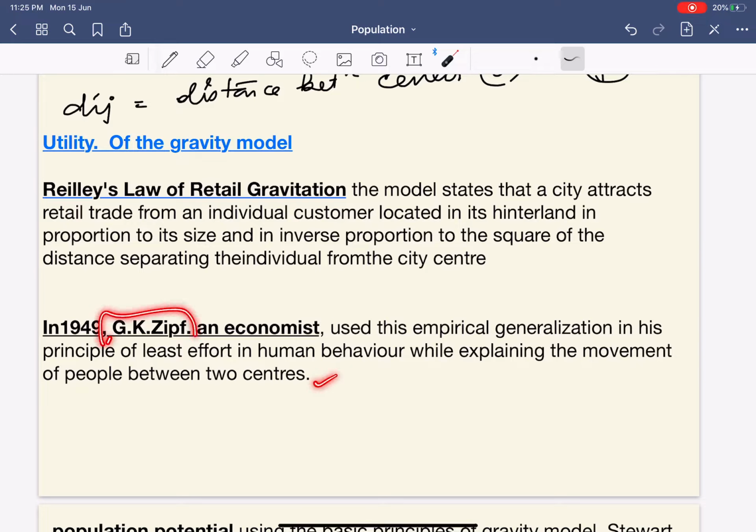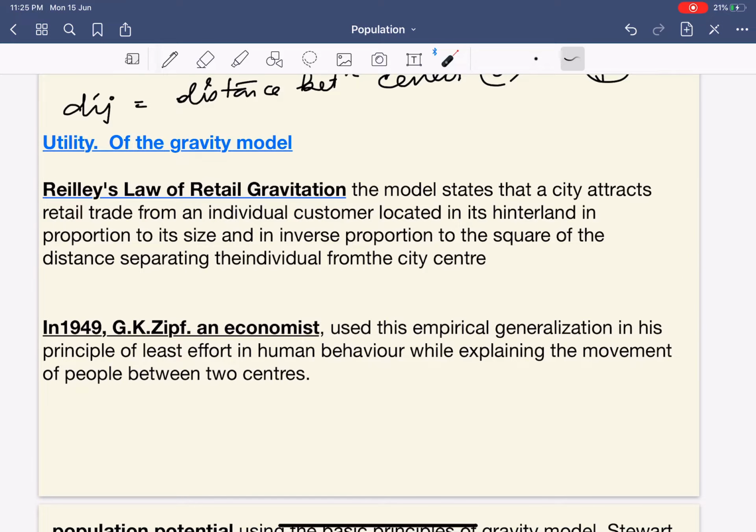Means the flaws of Zipf's model. For example, I have a perception that this Cuttack Medical is very good when compared to Apollo. Again, the thing could be that Cuttack Medical is more affordable than Apollo. See, so basically, such things were ignored by the geographers. So you do not need to write those things. We are simply writing what is the utility of the gravity model.